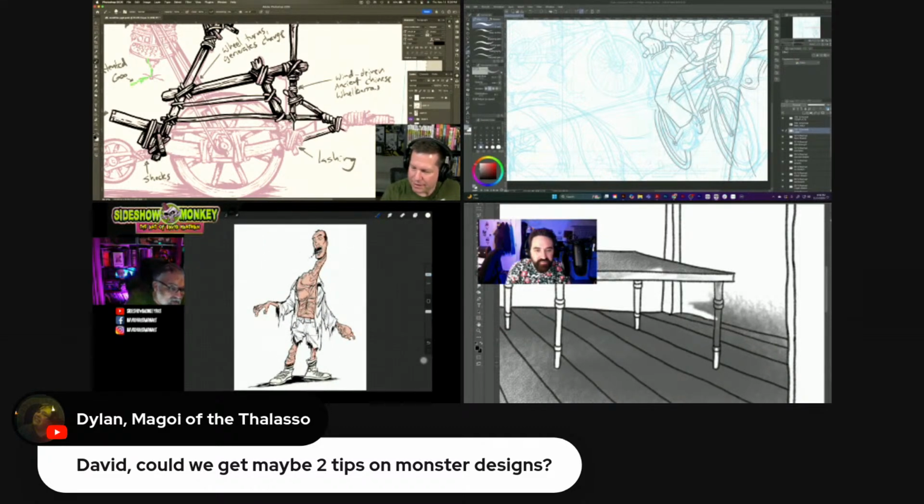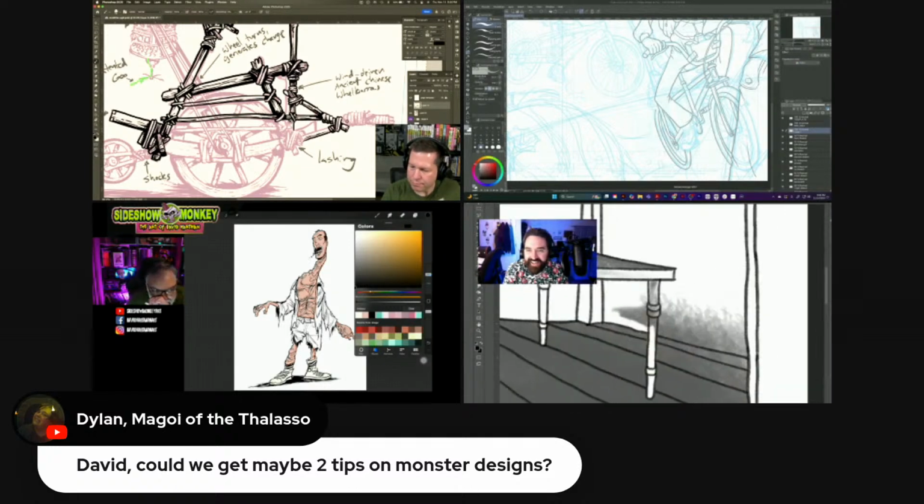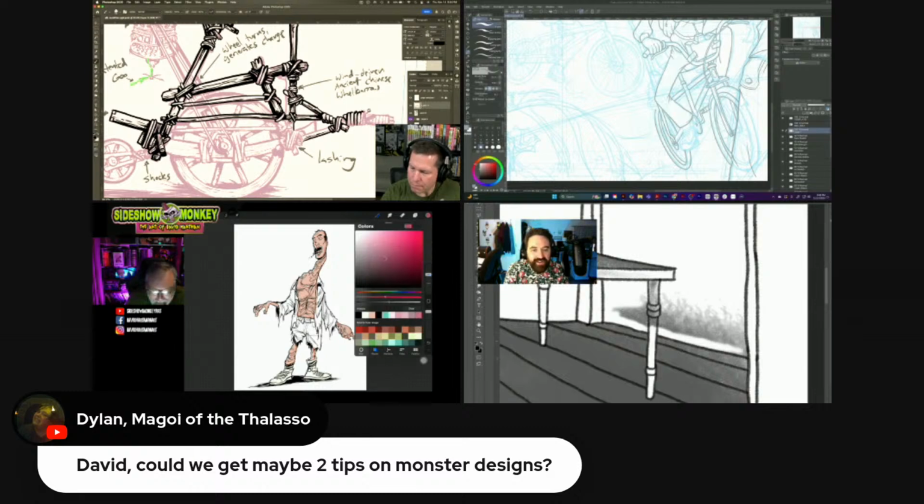Like this guy, I was just trying to start with a normal guy head and then just kind of warp the shapes. I like coming up with just bizarre shapes, but I've done character designs for lots of shows too. And one of the most important things, I think, is the silhouette. If you made this all